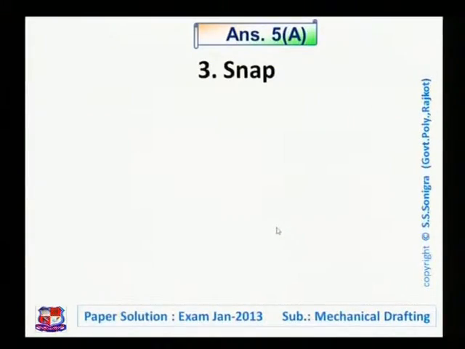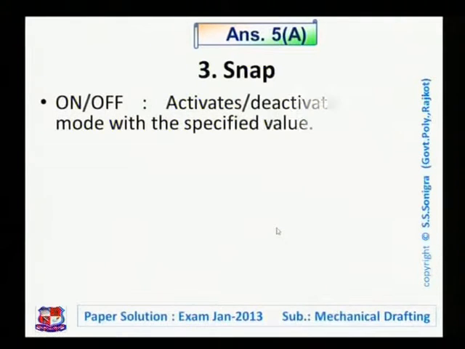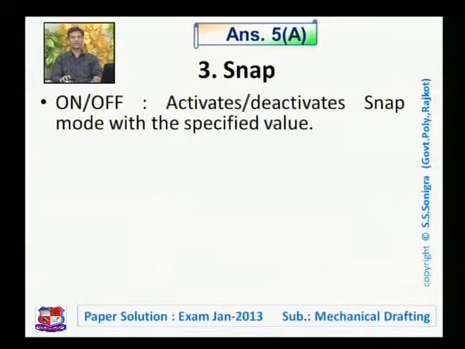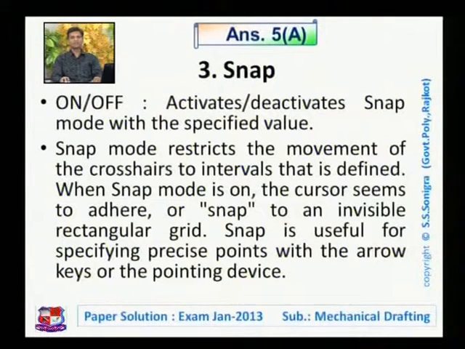Third is the snap command. The snap command activates or deactivates snap mode with the specified value. It's a toggle key. We may turn it on or we may turn it off. Snap means, if it is on, it will pick up some grid points only. It imagines some grid points on the screen, and whenever we move our cursor, it will pick up the specified